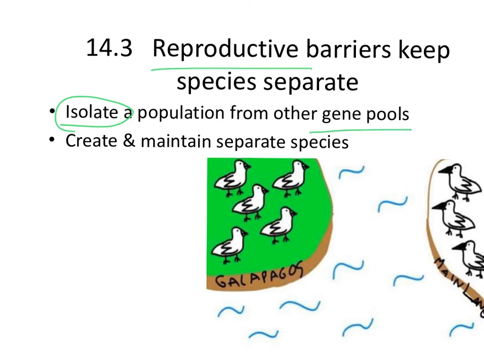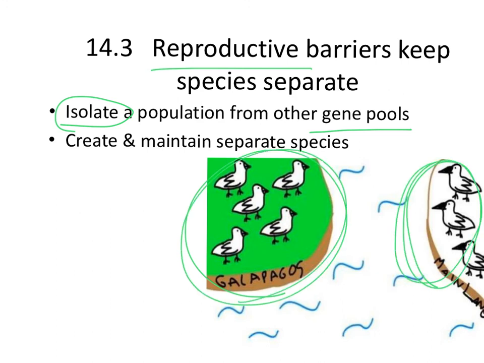In this little scenario here, I've got some birds on an island. I've got some birds on the main continent. These two populations won't mate because there is physically a huge amount of space between them, and that space is water that's not a flyable distance. So this population of birds is going to accumulate genes, and their gene pool is going to change separately from the gene pool over here. The DNA between the two will not end up mixing.